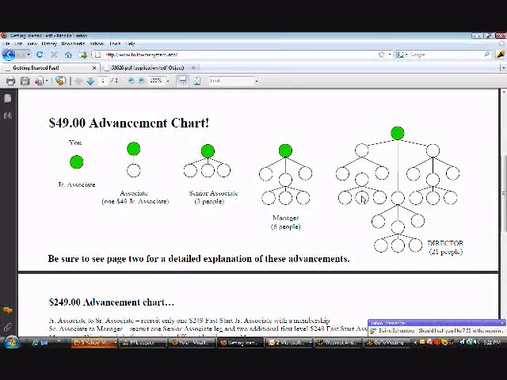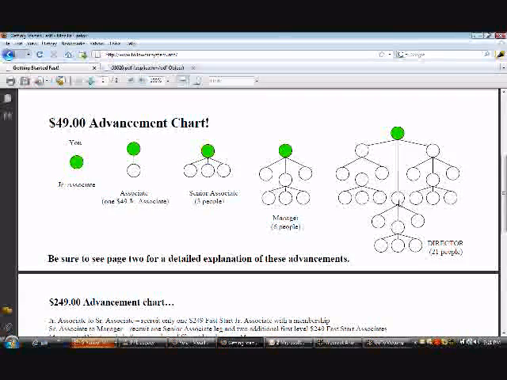Now this can occur in several different ways. I'm going to teach you how to build your team to create the most movement, most energy, synergy and growth. So let's go back here, and I want you to take a look at this. You can have two people that come from your upline placed underneath you, and they count. When you get this third person, which you signed up as an associate and sold a membership to, all you need is one of those to be an active associate, and you're now a senior.